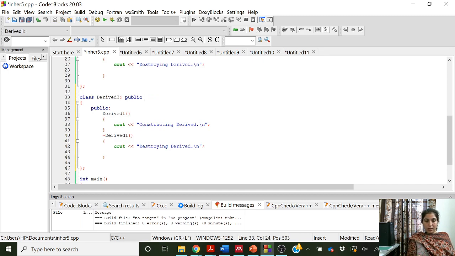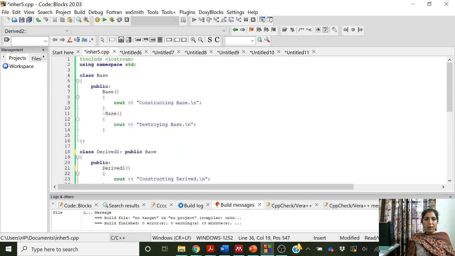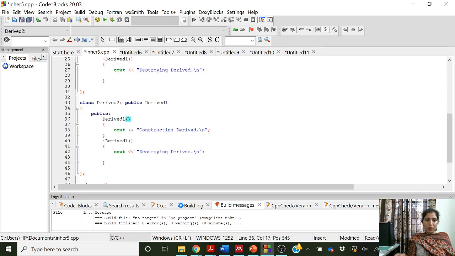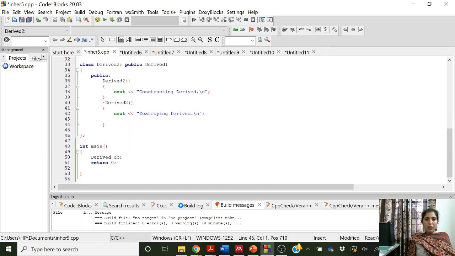So derived 2 will be inherited from derived 1. Okay, so base, derived 1, and then derived 2. Let us now create an object of derived 2 and see what happens.